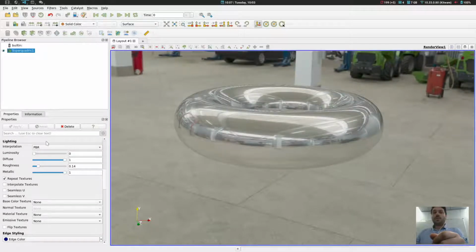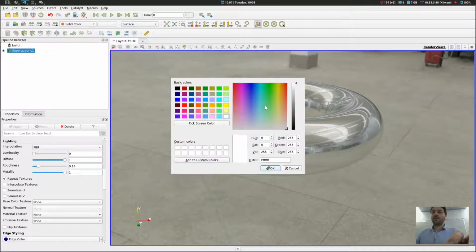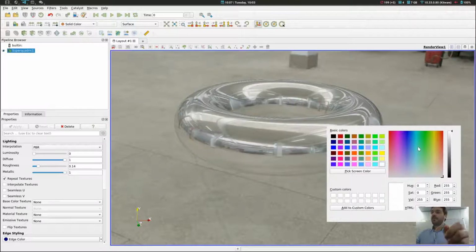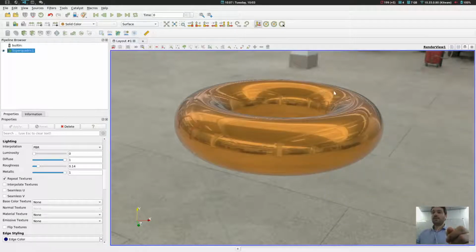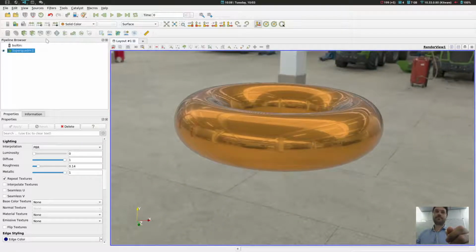There is also a way to configure the color. Here we have a solid color, the same way as the Gouraud material. So for example, if you want some kind of copper material, you can just select the color here, and you have a nice material.